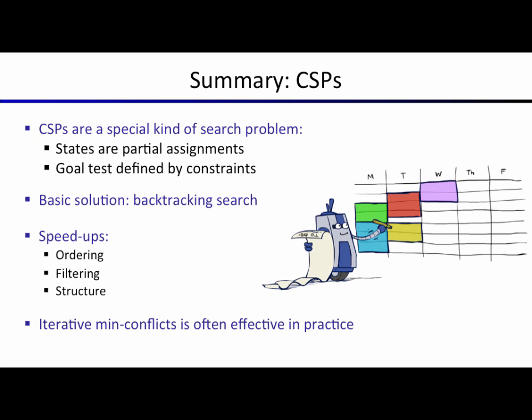Okay, so we've seen that we have this basic solution that's backtracking search, and that worked out really well, but then we also talked about these ideas where we start exploiting things related to the fact that this is a CSP to actually do better. We talked about how you can filter and detect failures much earlier so that you don't have to backtrack as much. We talked about ordering your variables in a really smart way, and we saw that basically that ends up looking like you're chasing the constraints and putting out fires,